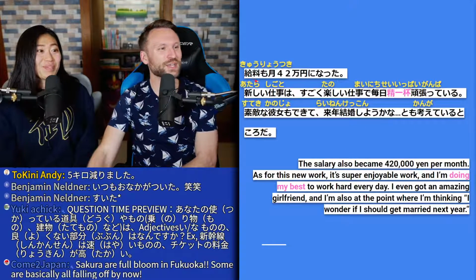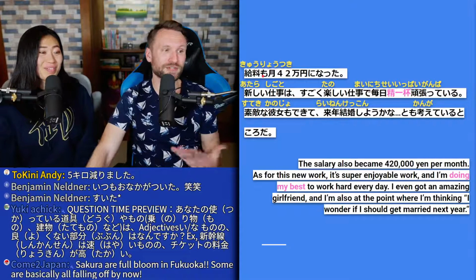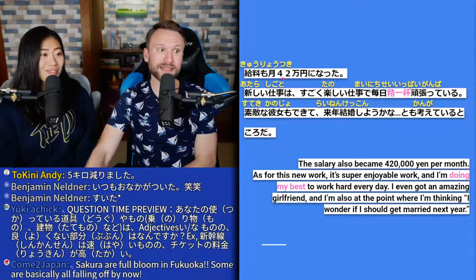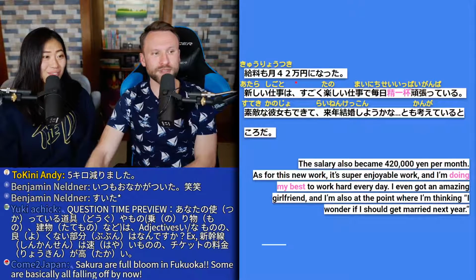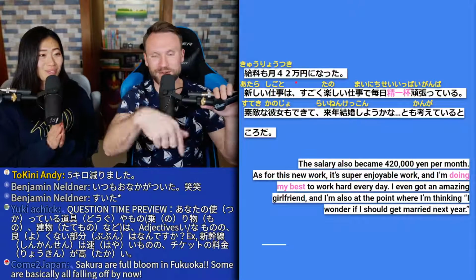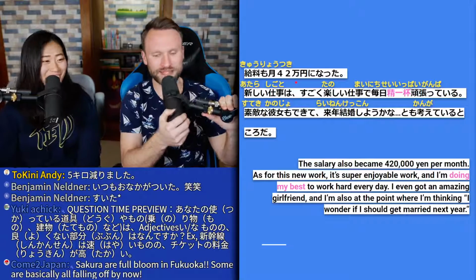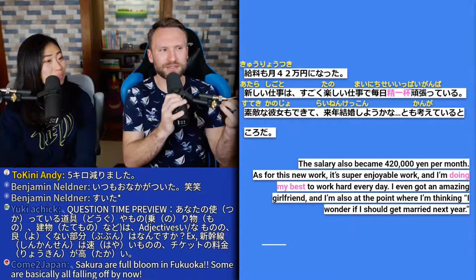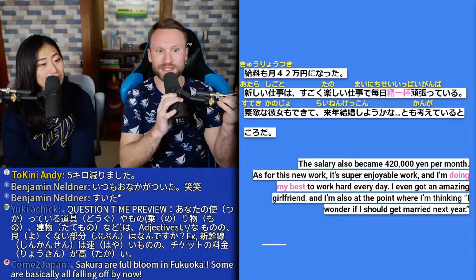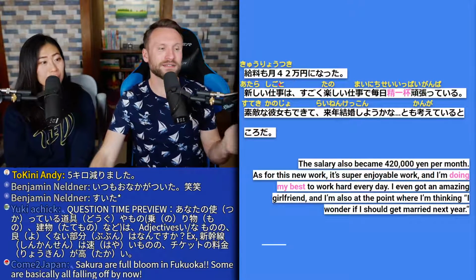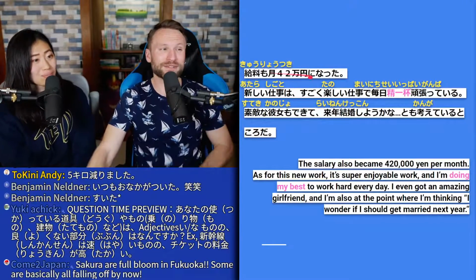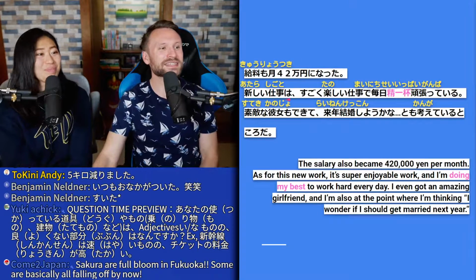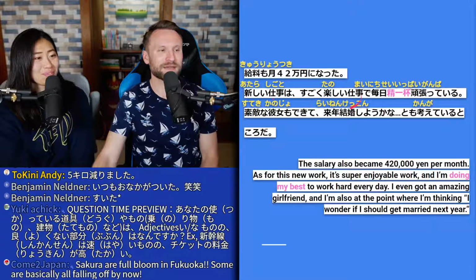So breaking it down, it's 給料も, so my salary also, 月, so every month, 42万円になった. It became 420,000 yen. Remember before it kept going down because he kept being late for work. He was down to 160,000 yen per month, which is probably pretty difficult to live on your own in an apartment in any city in Japan on a salary like that. It's difficult, not impossible, but difficult. But now he's up to 420,000 yen. Congratulations. 新しい仕事. So the new work は, that's the topic emphasizing this part.